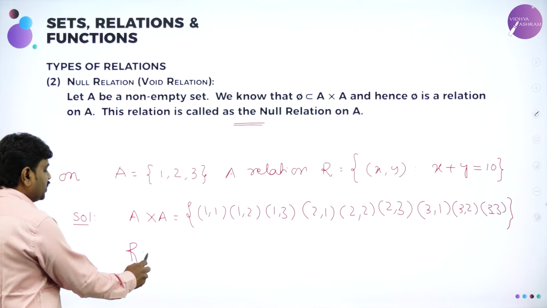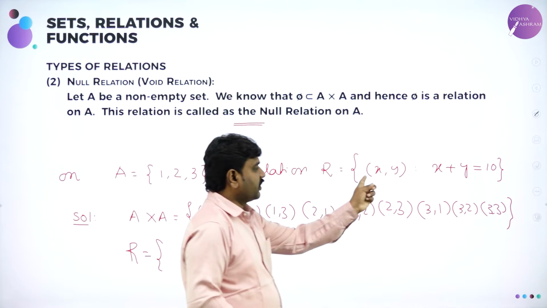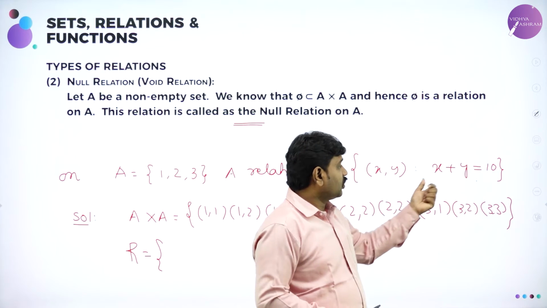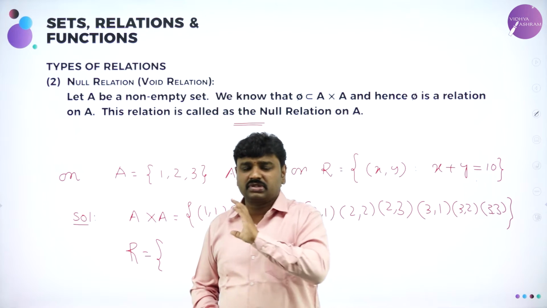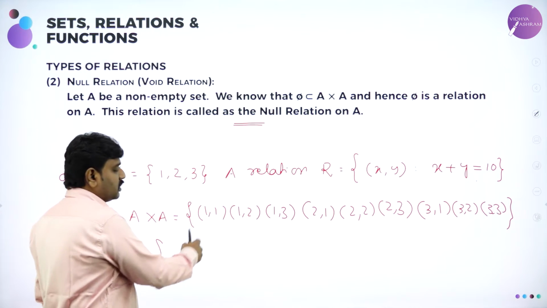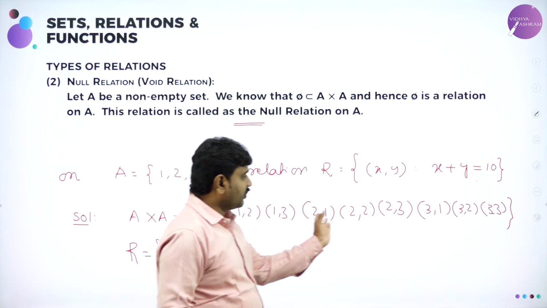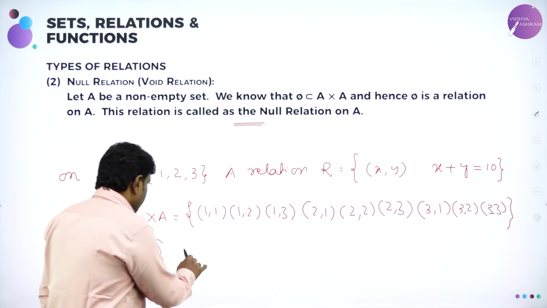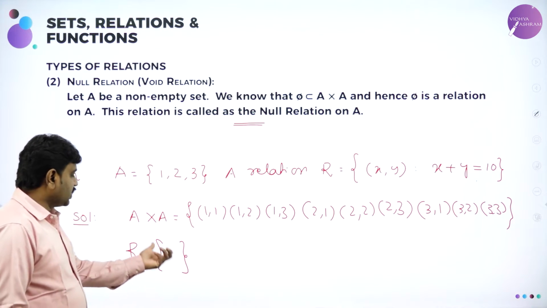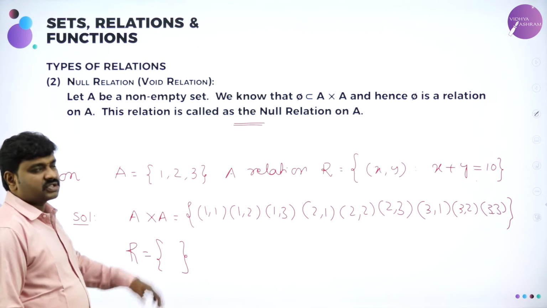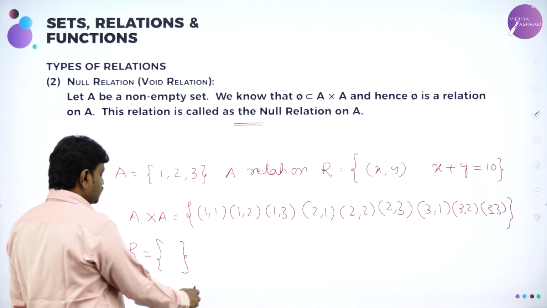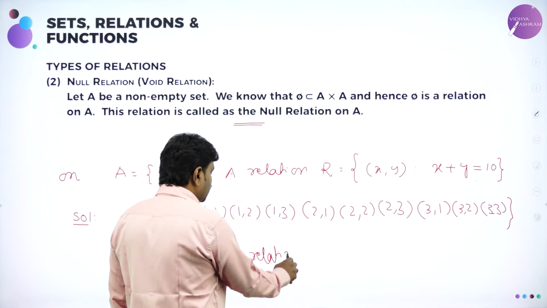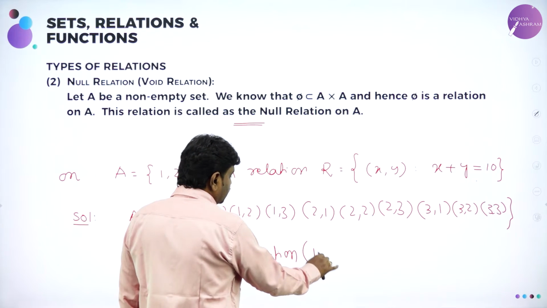Now I want the relation. What is the relation they give? Pick the ordered pair where if I add these two I should get 10. The rule is given. What is the rule? x plus y is 10. Suppose this is a problem. So now 1 plus 1 is not 10, 1 plus 2 is not 10. Do we have any sum giving you 10? At last we have 3 3, and if you add, it is 6. So we will get a null set. So the relation I will get is the null set. The null set is also a subset of A cross A. This is a void relation. Other name is null relation.